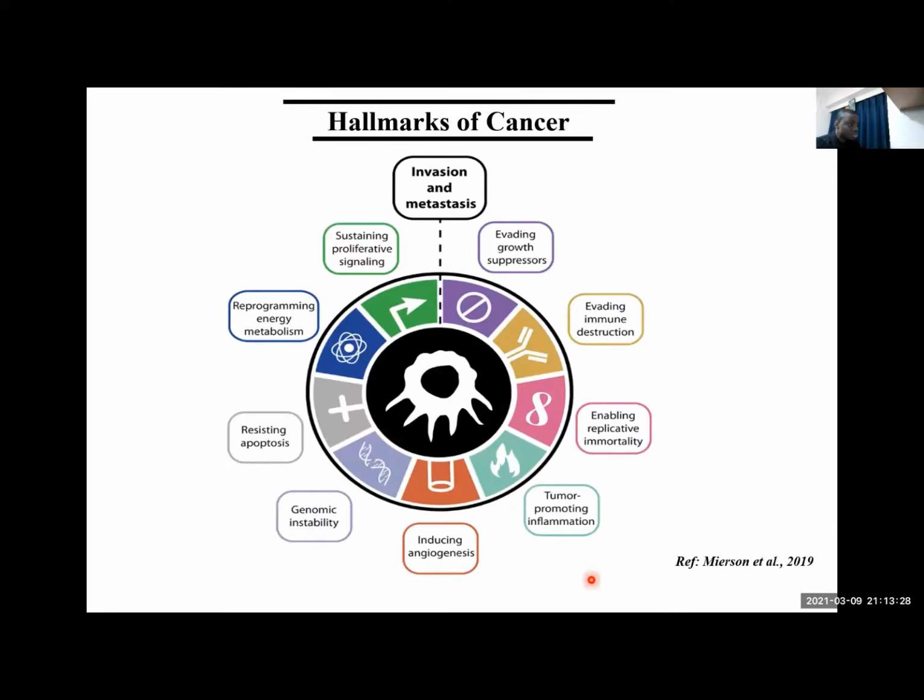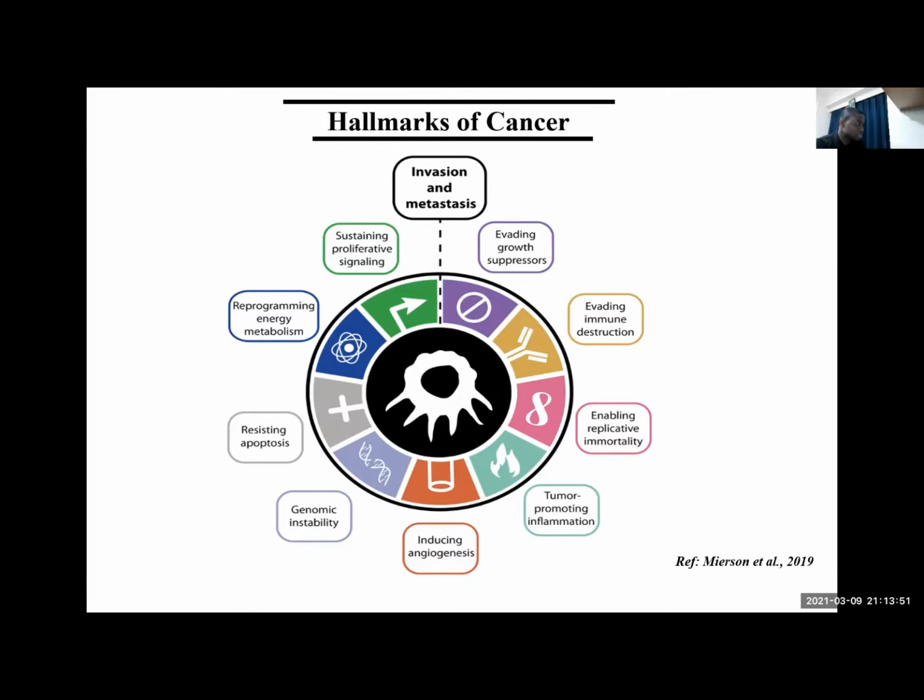So I'd like to show you what we call the hallmarks of cancer. These are actually what makes cancer cells what they really are. And of course, about 20 years ago, if I'm right, scientists by the name of Weinberg and Hanahan introduced to us what they call the hallmarks of cancer. These are the characteristics of cancer, and for the purpose of the AI section, I'll be focusing on cancer invasion